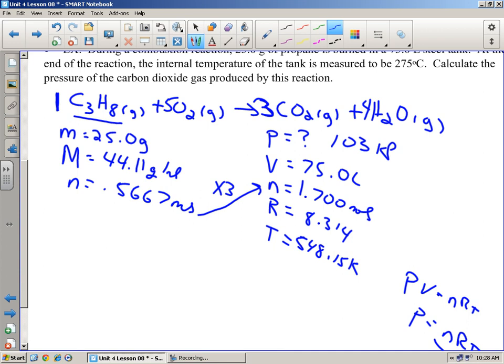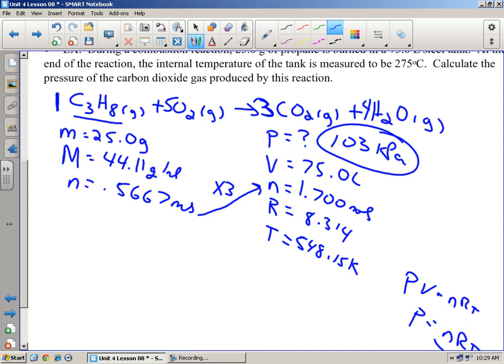If you look back up in the question, so 103 kilopascals. Okay, so 3 significant digits in the question above. If you look back through all the example there, so 3 for my answer, yeah? Okay,